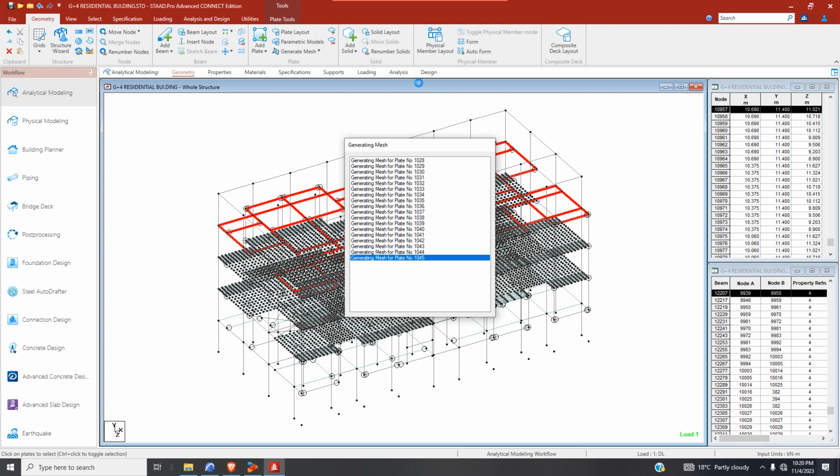We need to include the slab in our analysis. Right? So I will go to review. So it's like go back, take plate person up, save. Maybe I don't want to repeat that, so go to geometry, select mesh,